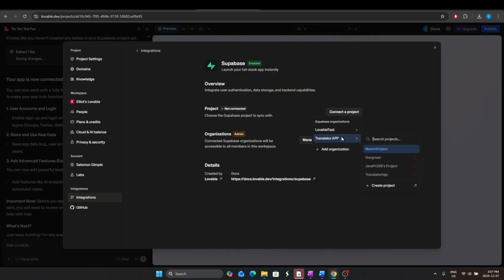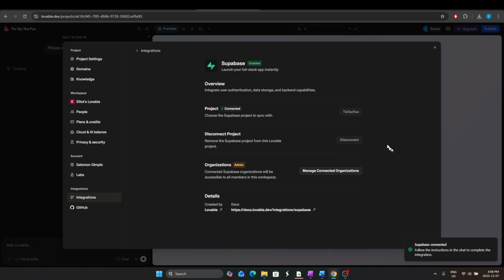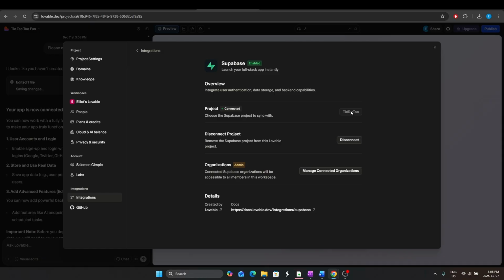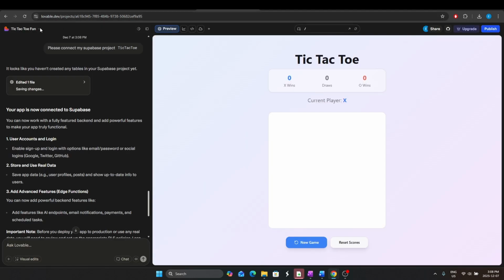You're going to connect. We're going to take our Lovable test. We're going to connect to the tic-tac-toe. And then it should be connected. And what's nice too about both of these integrations, I think, is that you can do them here without using credits, right? And then you can just validate that they are connected. So for example, if afterwards we want to check, can you just please check